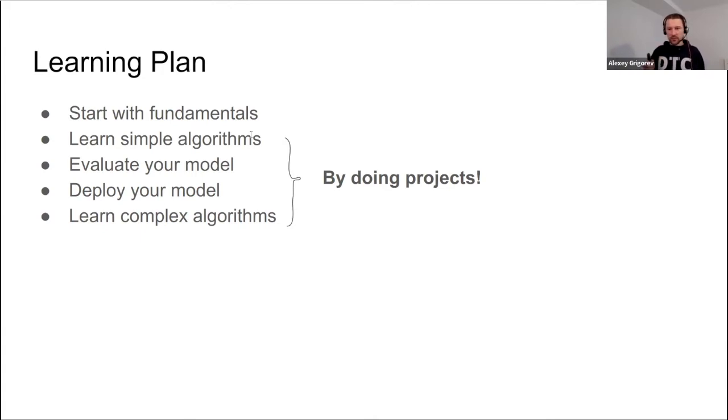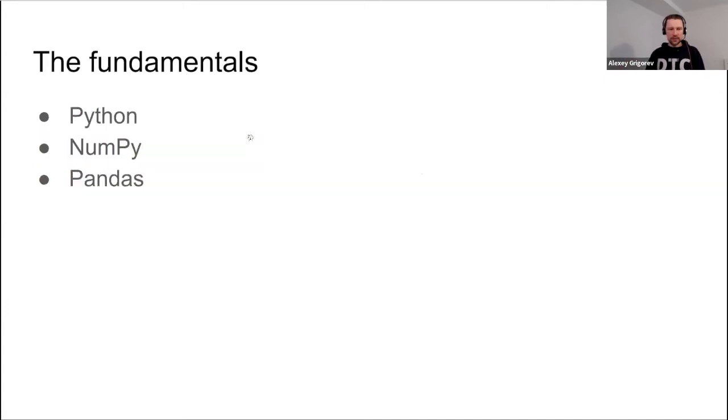So the way you learn it, the way you approach it, is by doing projects. So you pick a project and walk through it, and then you pick another project, and then a third project, and then you have a project portfolio. You use this project portfolio to convince your clients, let's say if we're talking about freelance, that, hey, I already know how to do machine learning. Let me show you that. This is how you should think about this. So learning by doing projects is the best way of learning this.